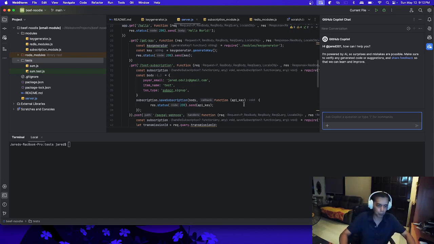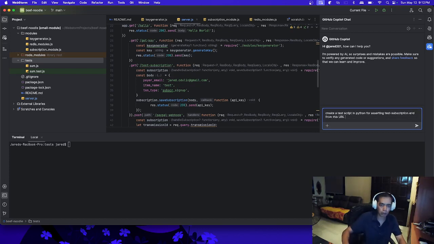So now we're going to ask Copilot to generate for us a test script in Python. Let's say: create a test script in Python for asserting the test subscription endpoint from this URL.